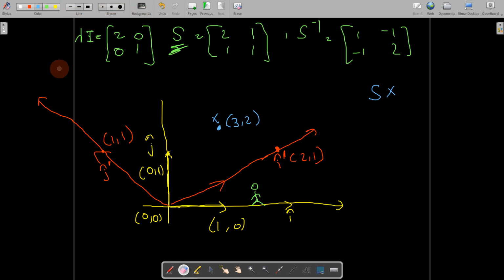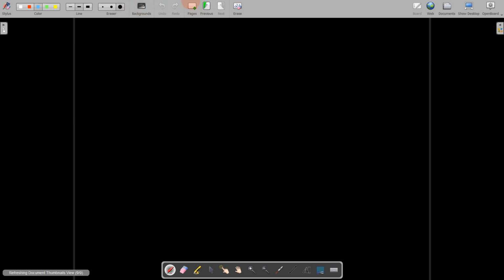Okay, we will come back to this point. I should explain this first with S inverse, but we can understand here as well. Suppose in the eigen coordinate system, you will get mixed. First we understand what S inverse is, then we will come back over here. I will add a new slide and we will first understand what S inverse is.